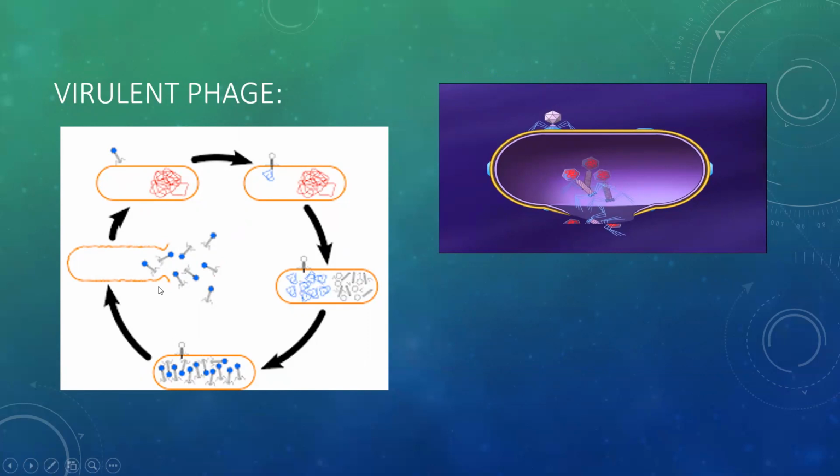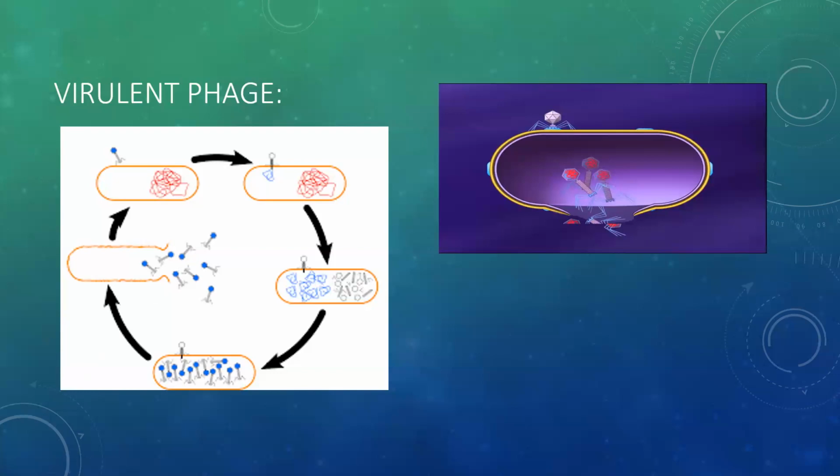So they disrupt the host cell's DNA and only produce their own nucleic acid and proteins. These proteins, nucleic acid and capsid proteins come together and form complete phages in the bacterial cell. When the bacterial cell becomes filled with 100 or more phages,